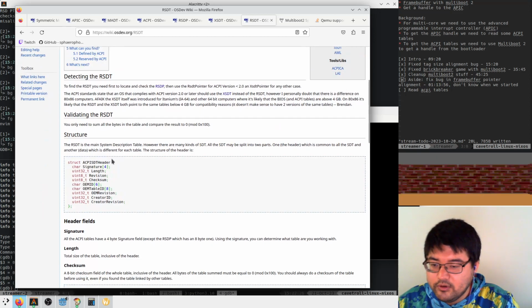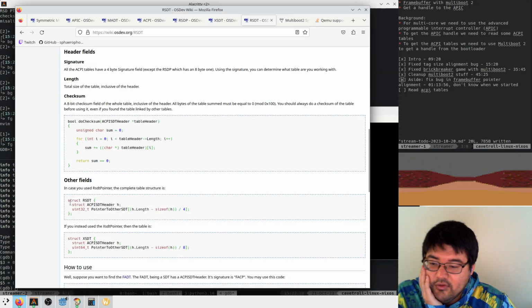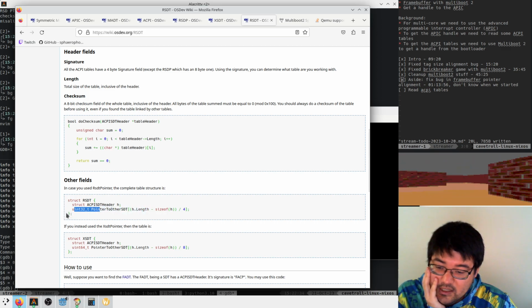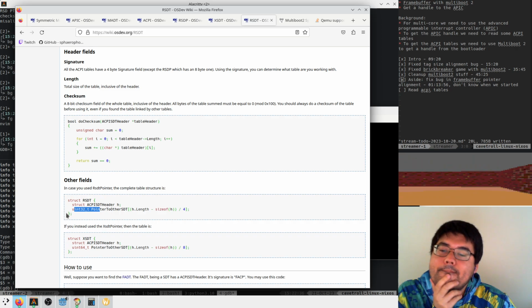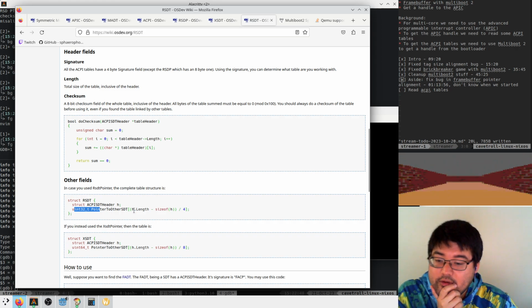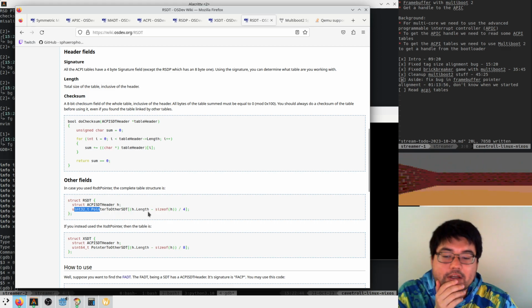So this table, I'm supposed to have this header, then a uint32 array of pointers to other SDTs, where I have h.length minus size of h over 4. So I've already kind of messed that up. I didn't do this. But this pointer list should be walkable.